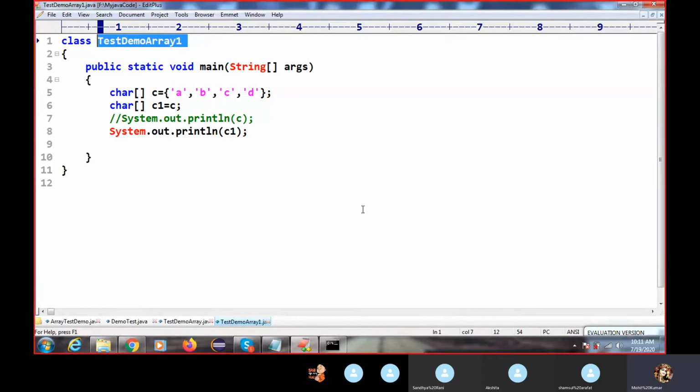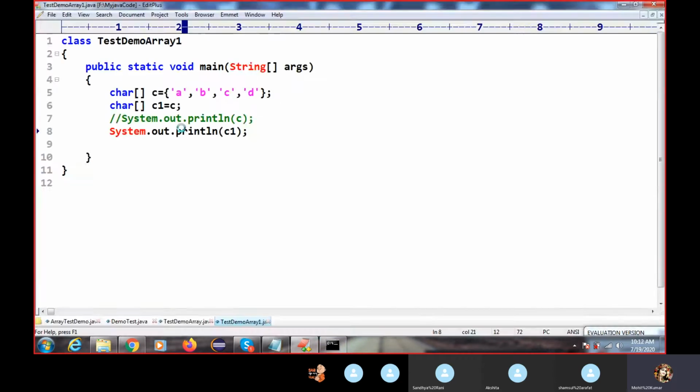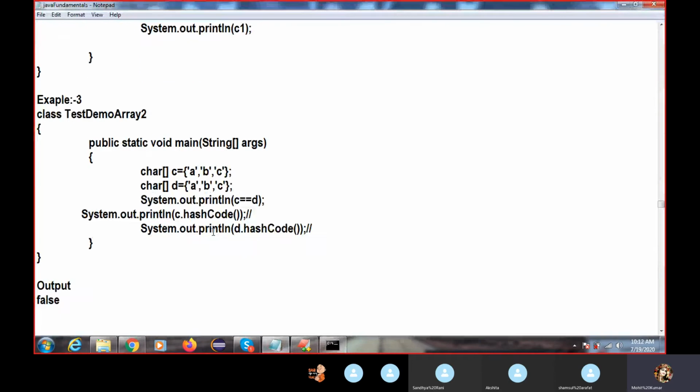I shared the link yesterday, so you can work on that. But these are for your knowledge and real time purpose. If the requirement comes that we have to do it like that, you will be able to do it. Here, we just stored this in one variable, and we are storing it inside this another variable. That's it, we are not doing anything else. So a char type of an array you can use like that. This is one example.